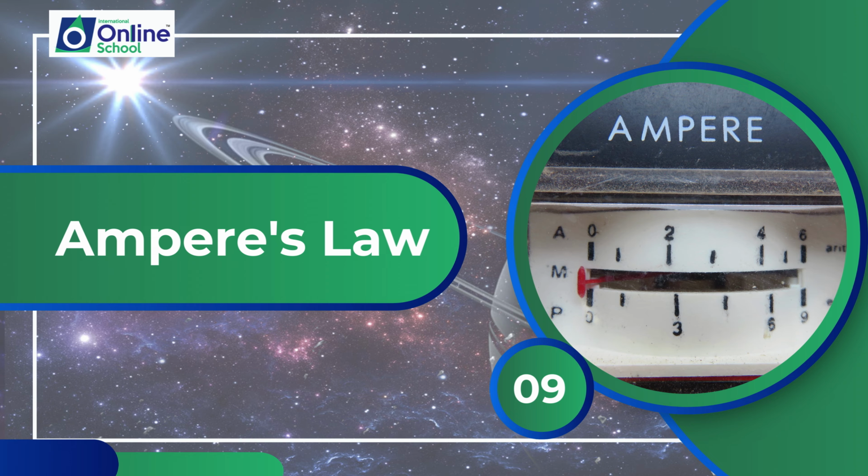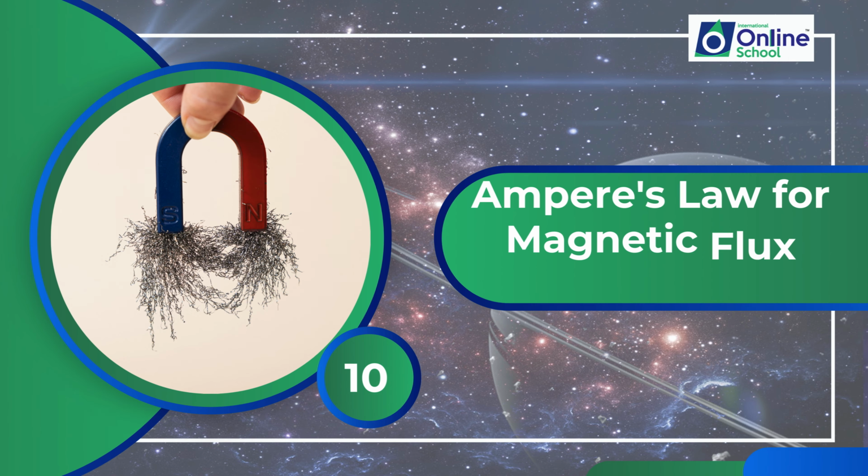This lesson will state Ampere's law, explaining the relationship between magnetic fields and the current flowing through a closed loop. Students will learn about the fundamental principles of this law in electromagnetism. Students will apply Ampere's law to calculate magnetic flux density around a wire and inside a solenoid. This will help them understand how magnetic fields are distributed in these configurations.